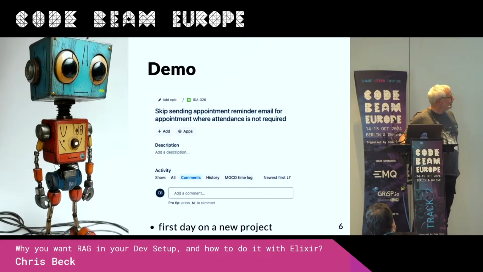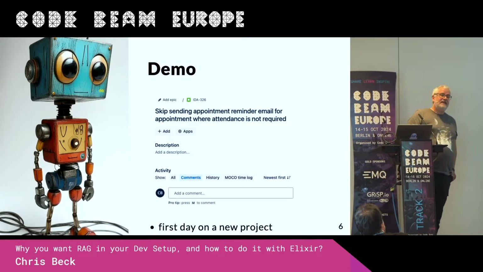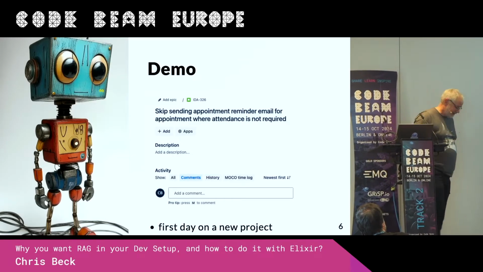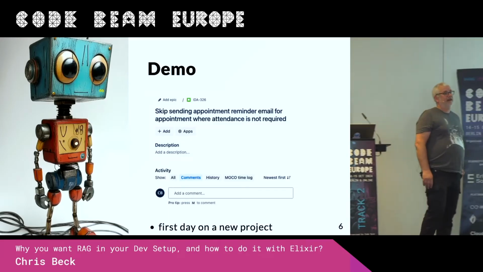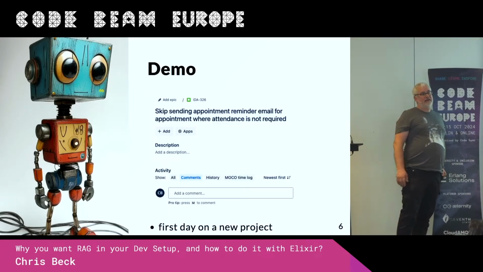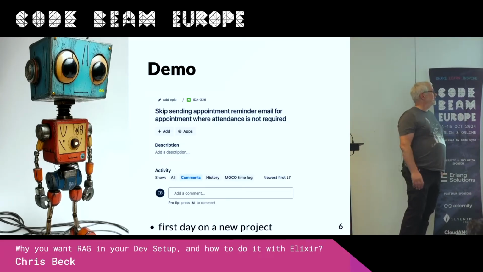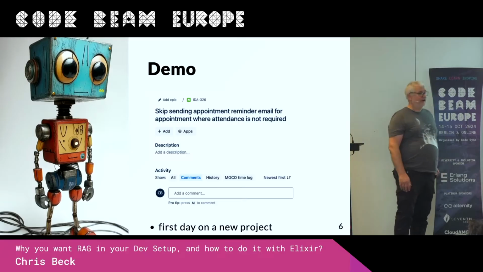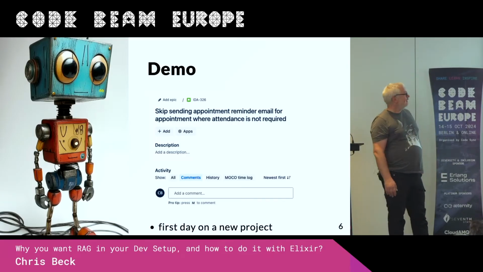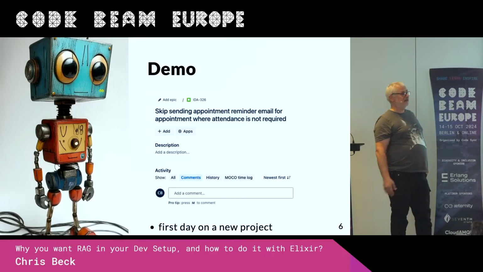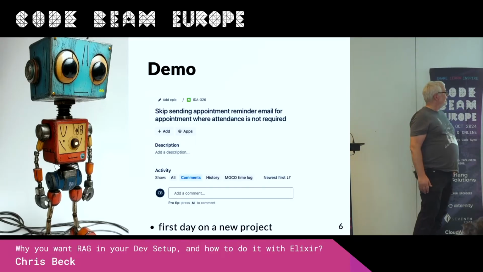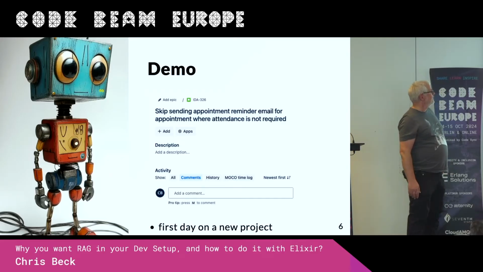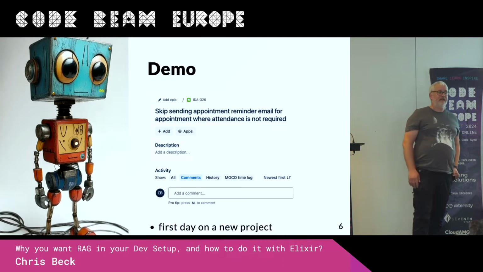Motivation. Imagine it's your first day on a new project, and you come to work, and you finally got your coding buddy, and you've got access to the ticket tracker, and you want to start coding. You just take the topmost ticket from the tracker, and it says: skip sending appointment reminder email for appointments where attendance is not required.